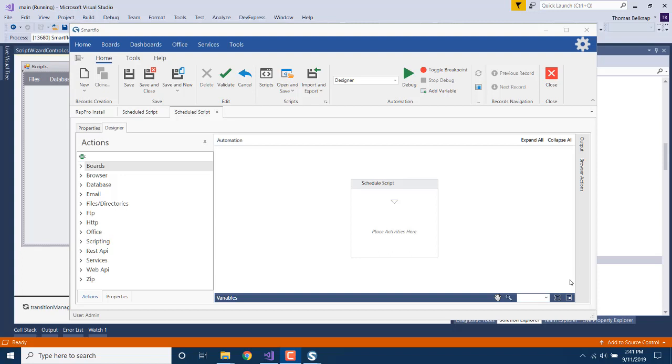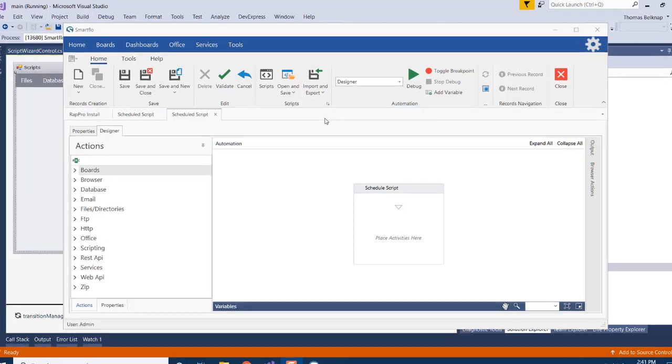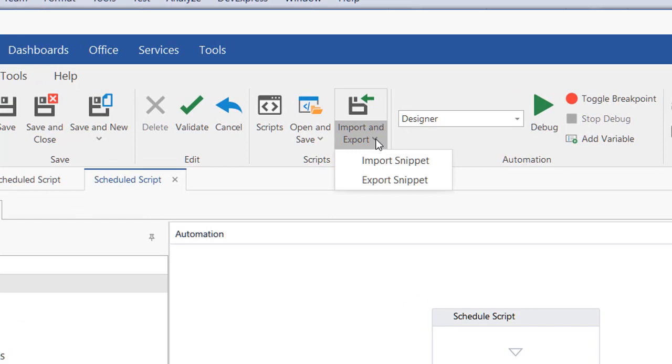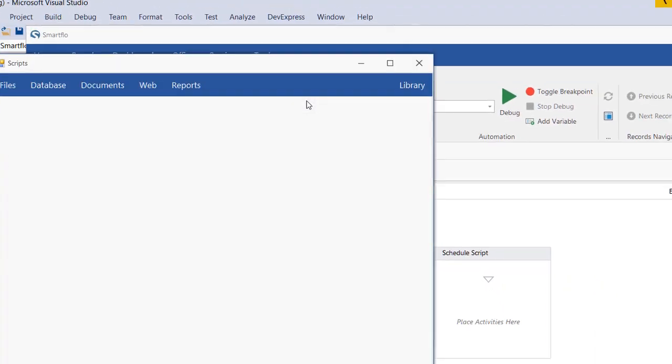I'm trying to make this simpler to build your scripts. So I created, I think earlier before we were able to export, import snippets, and we can save and load full scripts. So we're able to reuse a lot of our scripts in many different other scripts. In order to speed up your build and make it easier for you to build scripts, I created this script window here,